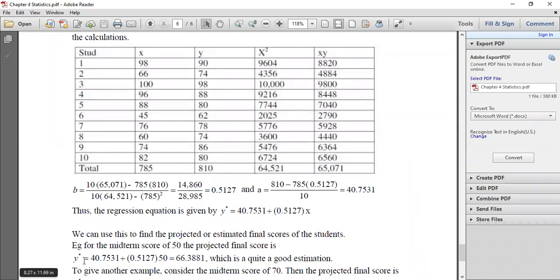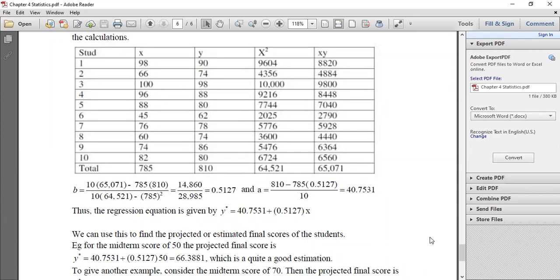So you get y is equal to 66.3881. So this is just an estimation, but we are saying it is a good estimation. For someone who scored 50 in the midterm, this equation is telling us that they will score